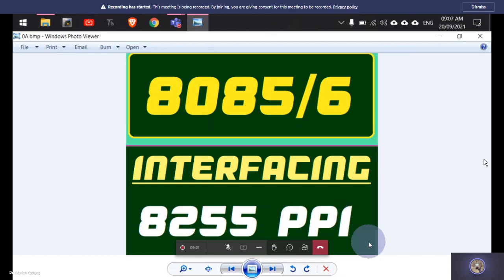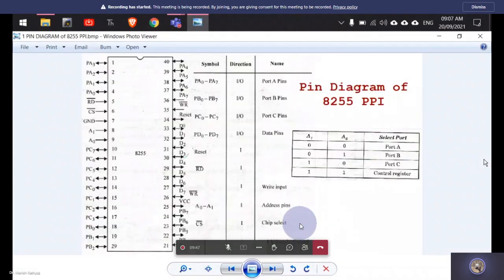What is the structure of this programmable peripheral interface? How does it operate? And the good thing is it is programmable. So it can be manipulated by the 8086 computer. That is why it is used to connect various devices like keyboard to your computer, display to your computer, and that's what we will see after studying this. So let's see how a programmable peripheral interface looks like.